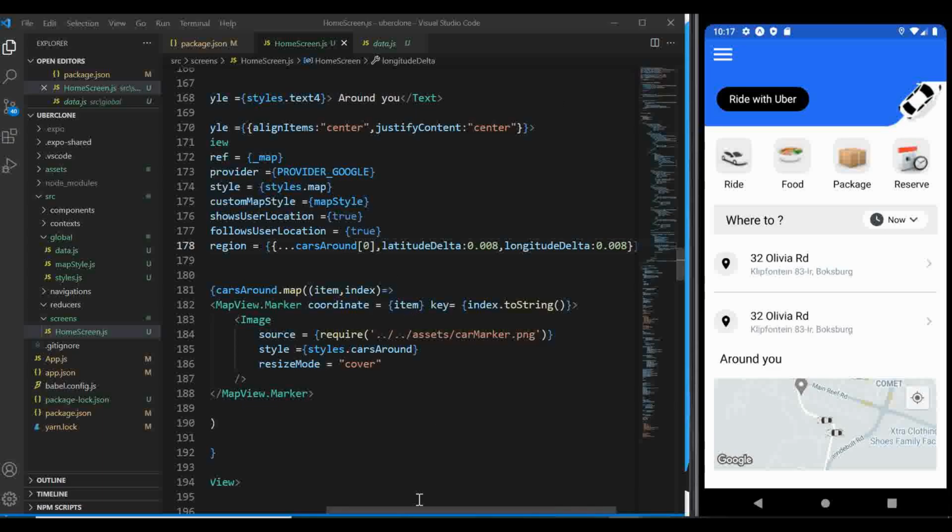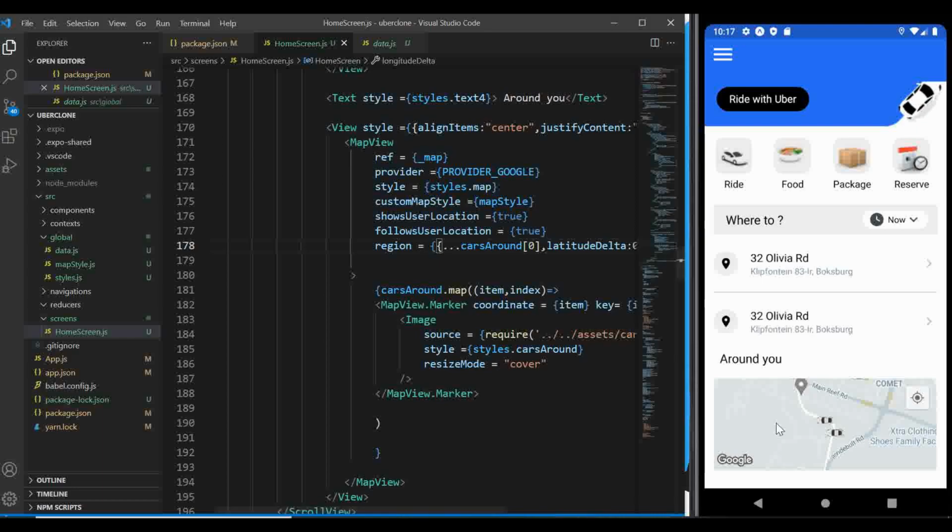But there's one more thing that I want to do, because I can see when I'm dragging the map around, it doesn't want to move properly. So I need to adjust this,